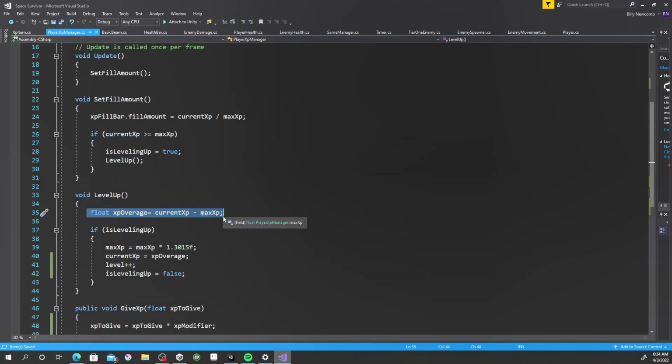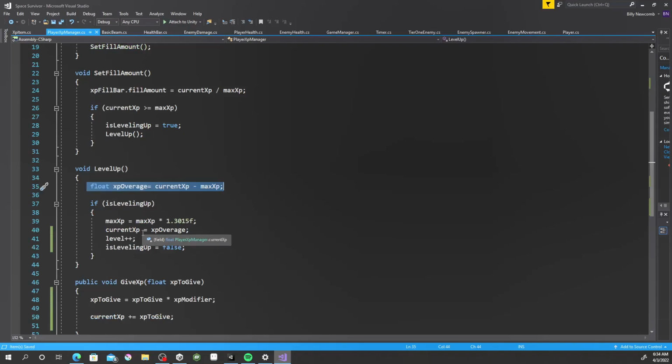So let's say you need 5 XP to level up, but you got 10 XP. Well, it'll take that and figure out the difference between your current XP and your max XP, and that's what that'll be equal to. That way, you have an overage. So if is leveling up, so if this bool is true,